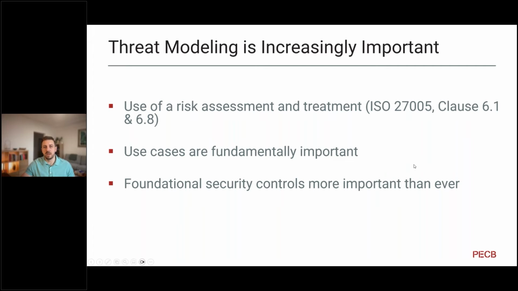So again, the use cases are fundamentally important, and the foundational controls are more important than ever, because if you just pay attention or focus on the potential new threats like employees leaking data, let's say the classic example of employees putting proprietary data into ChatGPT, and then somehow it gets learned, and then it gets propagated through other users accessing that data inadvertently. Well, that's a very, very simple case, but that's a more modern case of AI.